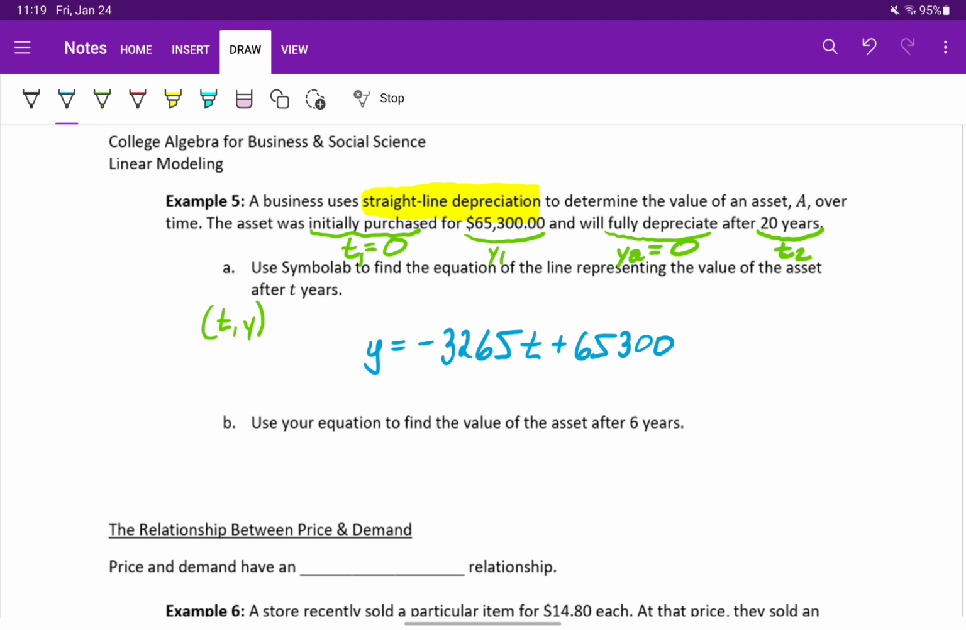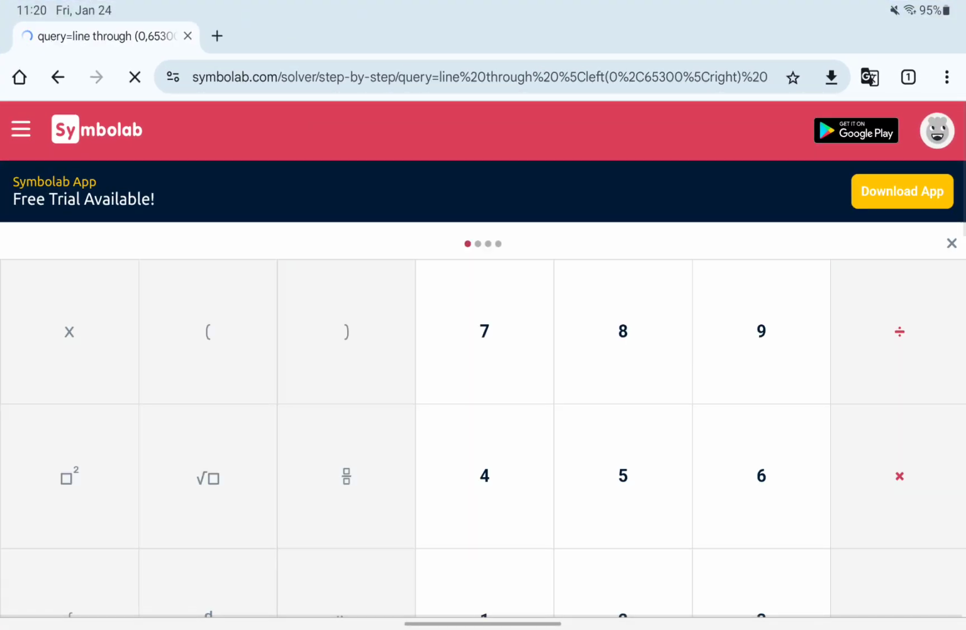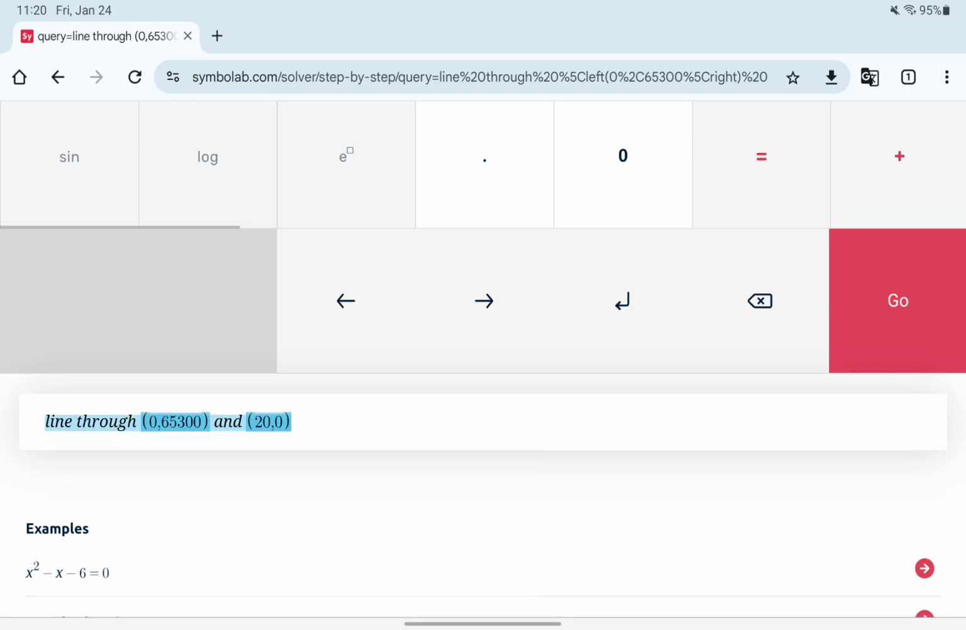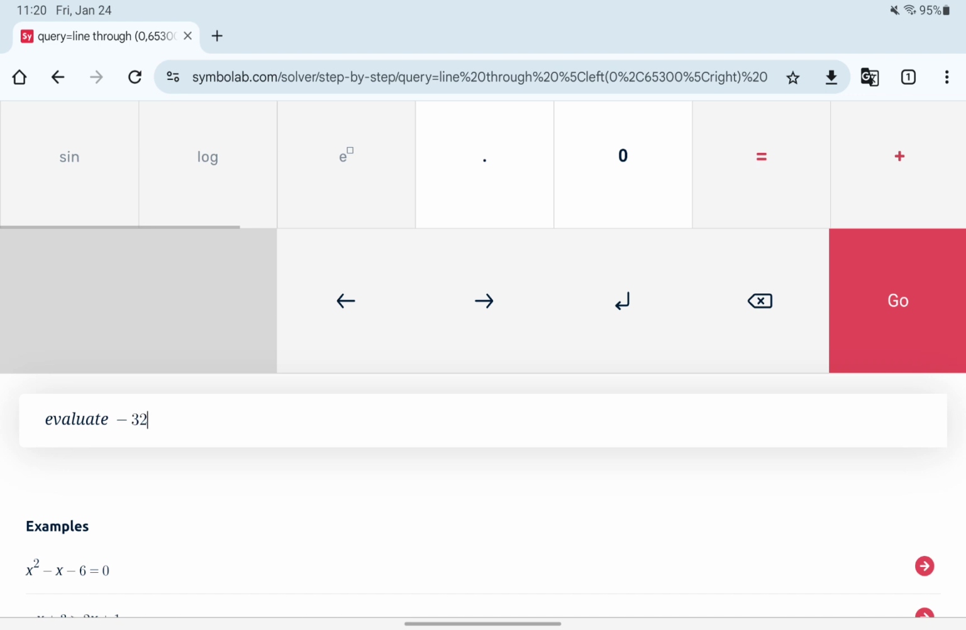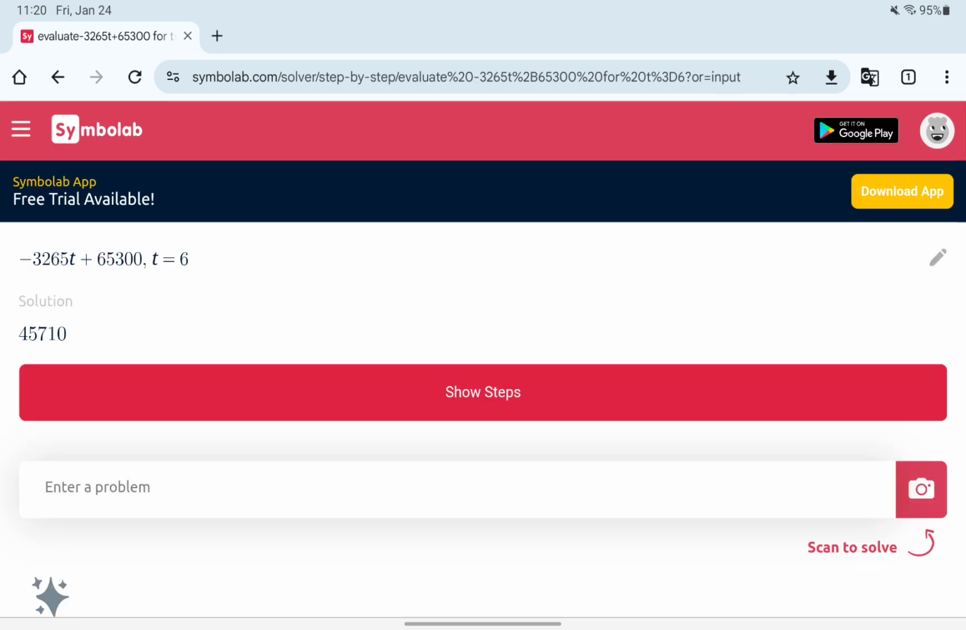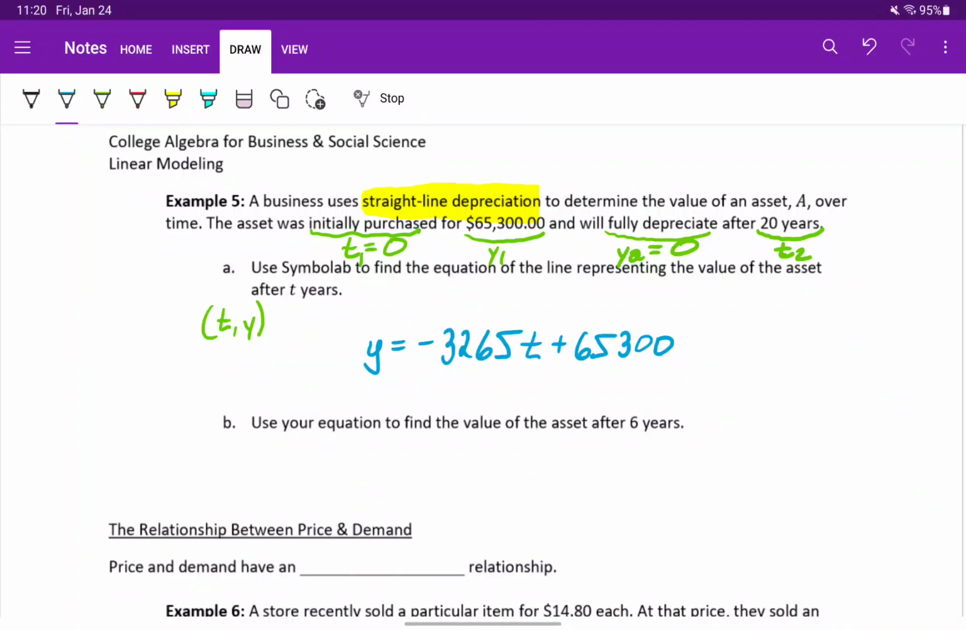And then once we have that model, we can use it to find the value of the asset after 6 years, by asking Symbolab to evaluate this expression for T equals 6. And we get a value of $45,710. So after 6 years, the value of this asset will be